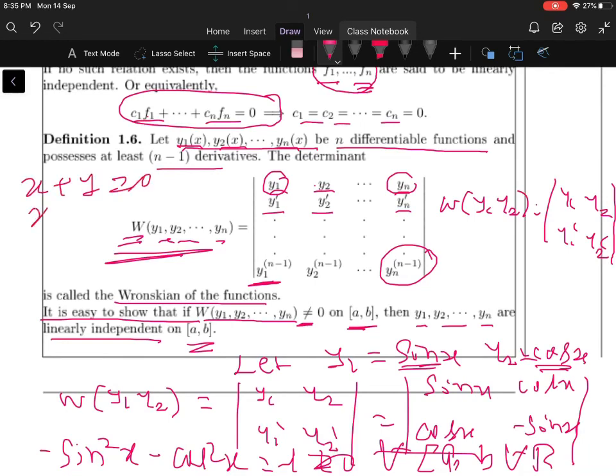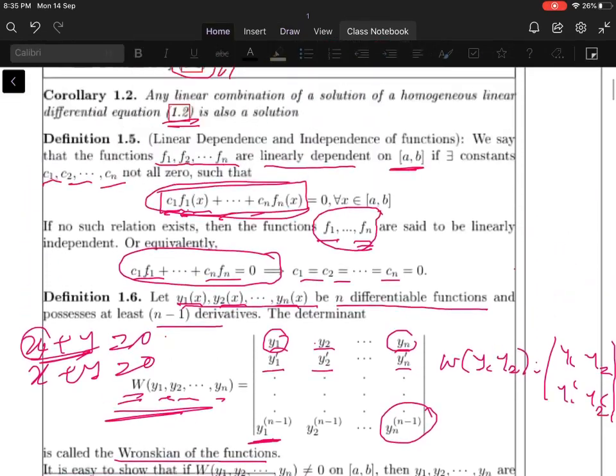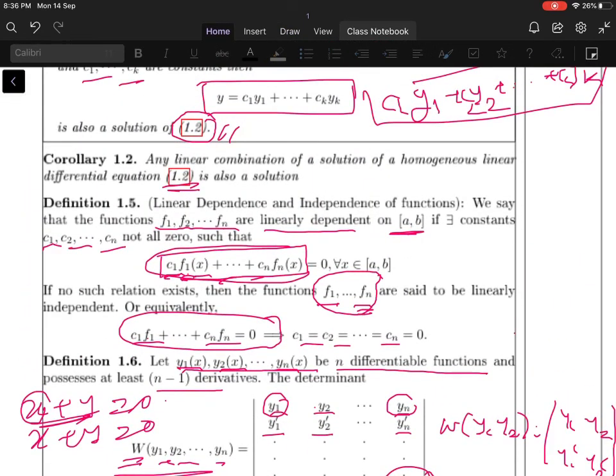For example, let me take x plus y is equal to 0. We have only one equation but two unknowns. If you assign x equal to 0, we get y equal to 0. Otherwise, if x is a free variable, y depends on x, or x depends on y. Such functions are called linearly dependent. Variables x and y here are linearly dependent variables. It means that for linear dependence, if any one of the constants c1 is not 0, then these functions are called